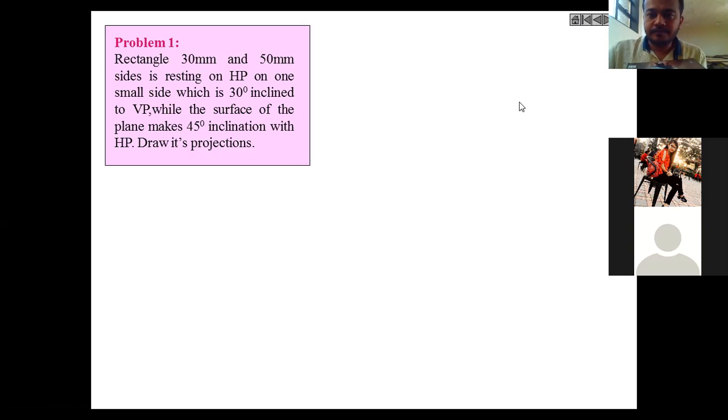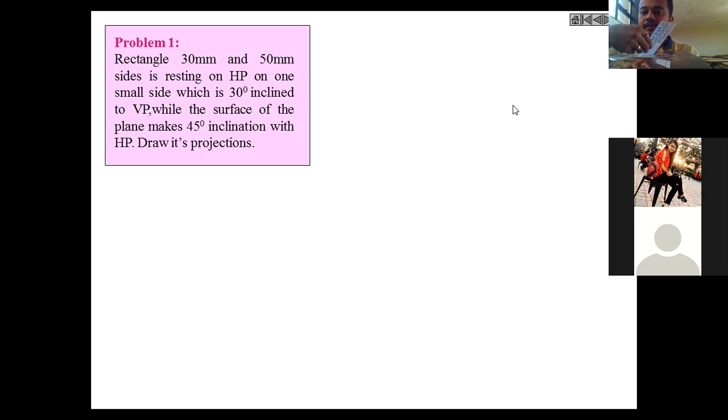Now, so this is 30. Now what is told? Inclination with HP is also given. So right now it is perpendicular to HP, no? So now I will incline it to 45. So now this is the object.